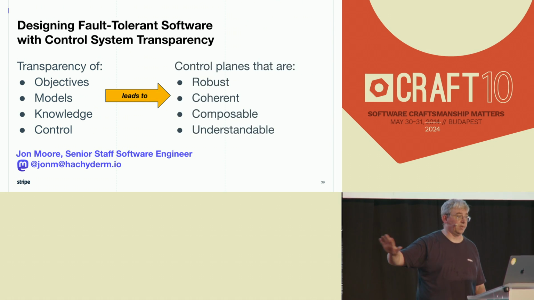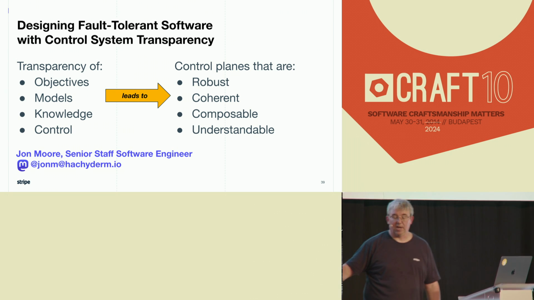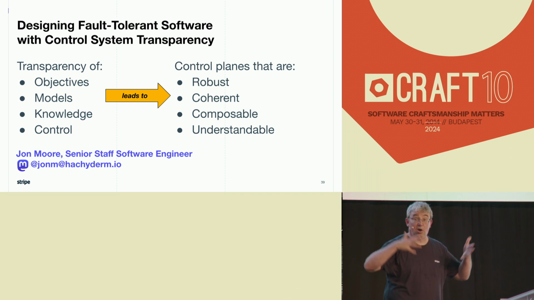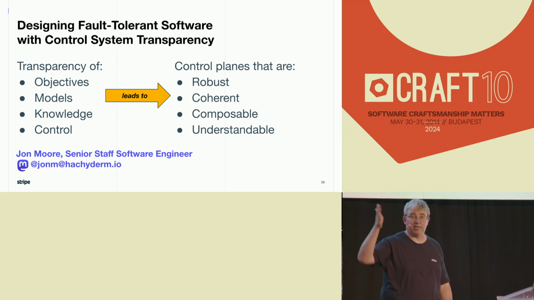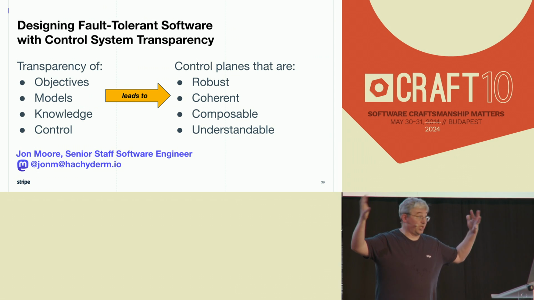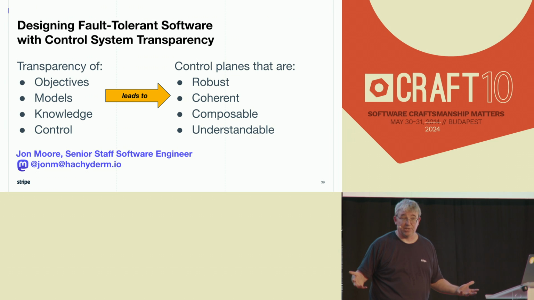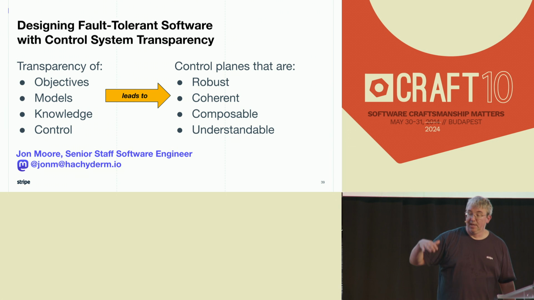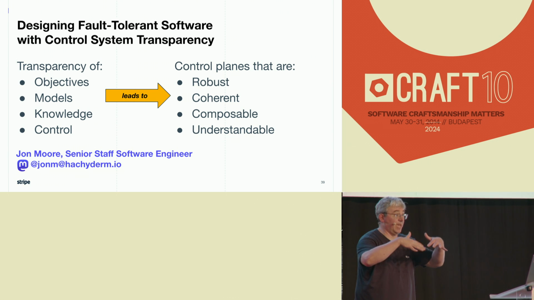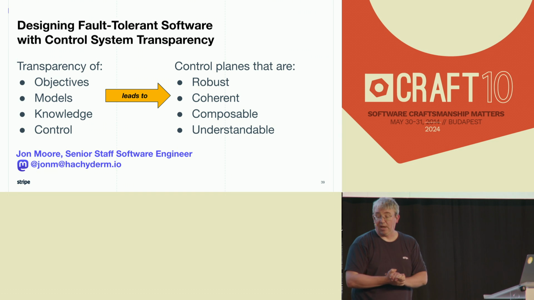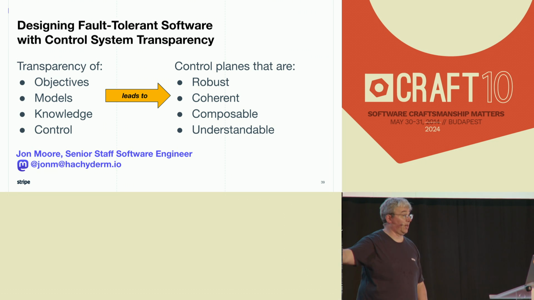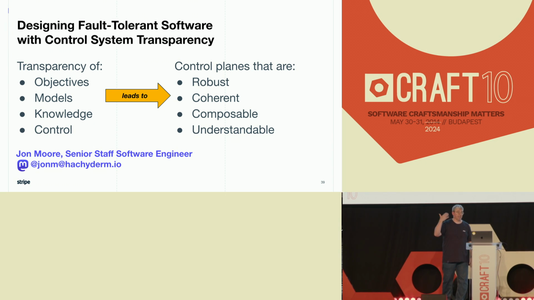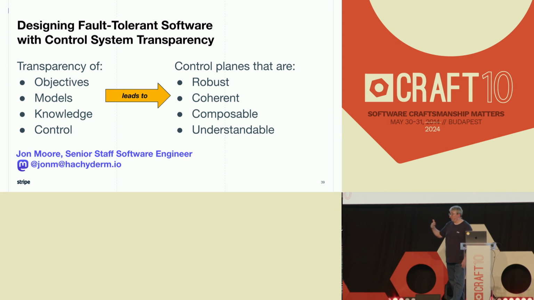I think we can build service control planes that are robust, because they include models that can consider all possible states. They're more robust, just like the Deep Space Probe, because it could model all possible orientations with respect to Earth. It's in a position to actually point its antenna back to Earth, right? They're coherent. We have that one place to be making these decisions about what mechanisms we want to be putting together. I've shown how these can be composable. But more importantly, especially if we model these things as SLAs and capabilities, they're actually understandable.